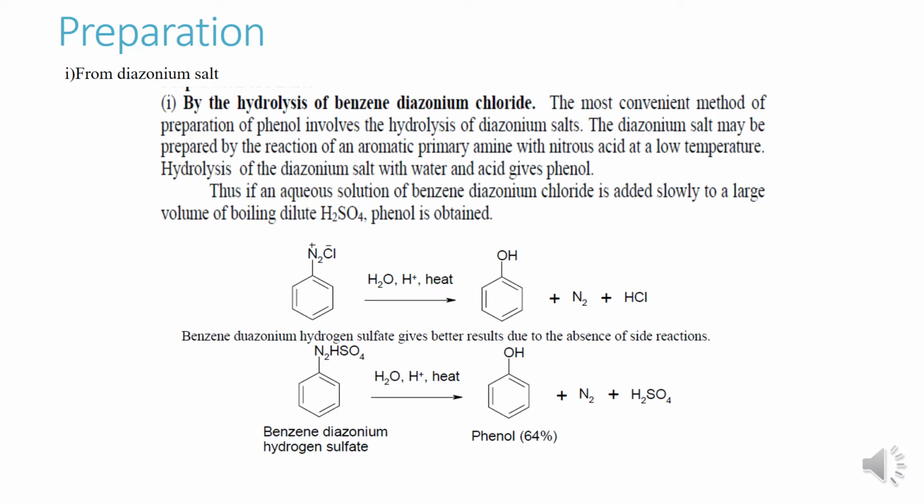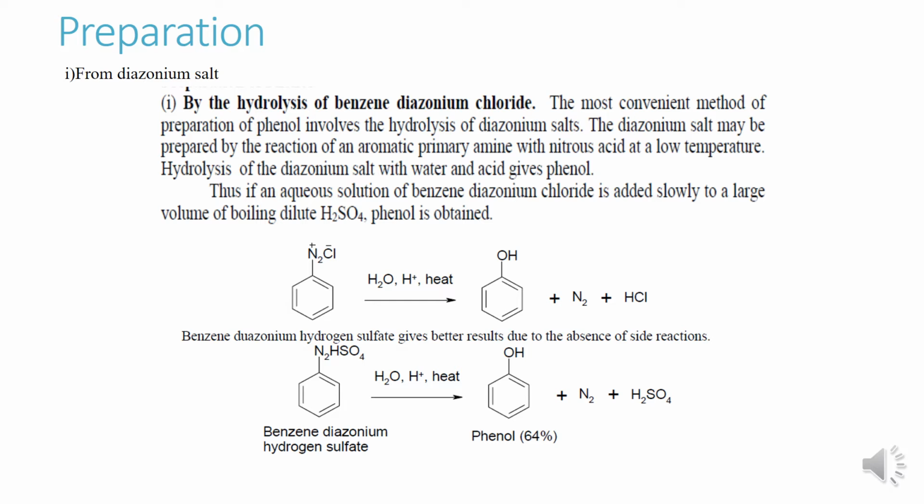Remember, C6H5NH2 with nitrous acid. Remember, at the low temperature this diazonium salt is prepared: C6H5N2+ Cl-. On hydrolysis of the diazonium salt with water and acid it gives phenol. So the reaction follows